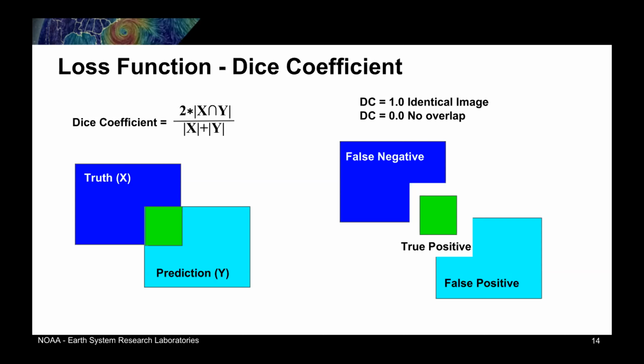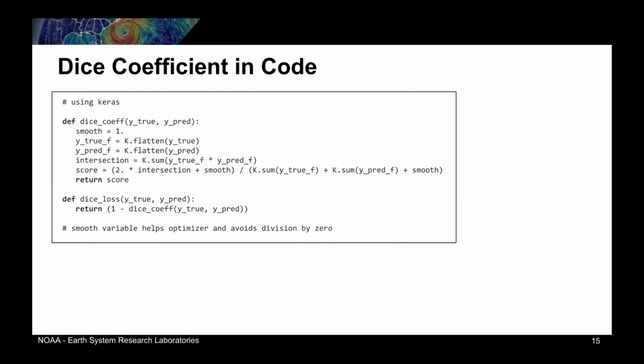So we go to the next slide, slide 15. We use Keras and TensorFlow for our libraries, for our work. This is what the dice coefficient looks like. So we get our true values, which is a 0 to 1. Our prediction values, we flatten these arrays. We look at the intersection between these two and we add them up. And we divide that by the total sum of the two